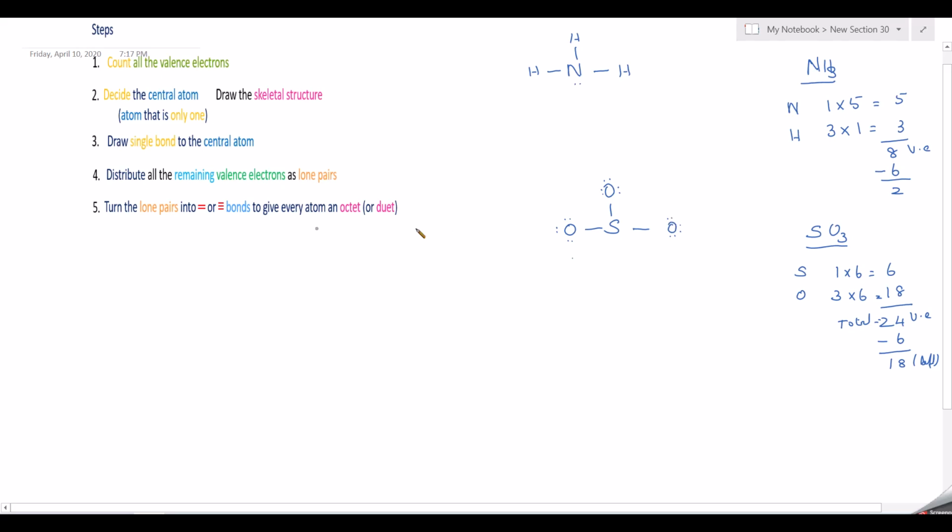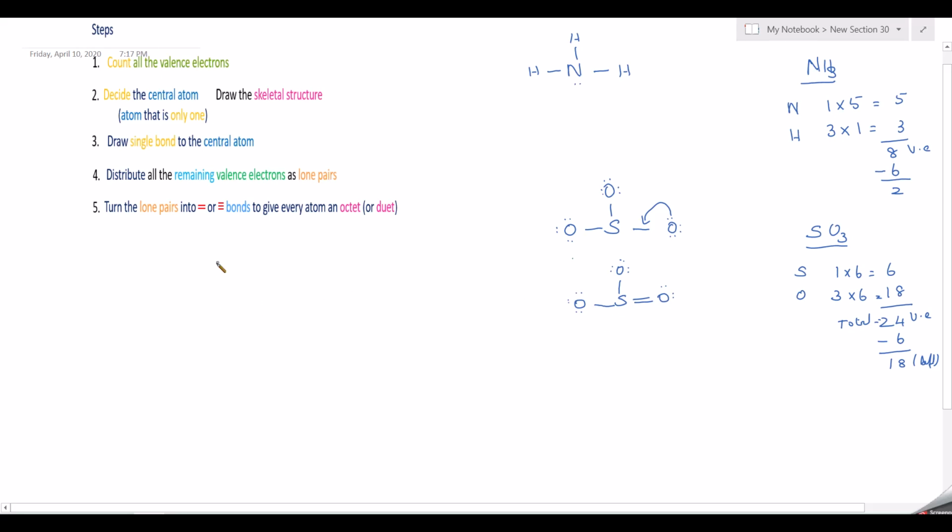So what you can do is turn a lone pair into a double bond so that you will be getting 8 electrons for sulfur. So this electron pair gets shifted over here and you will be getting the structure like this. That is sulfur, here single bond and with 6 electrons, 6 electrons. But here it will become a double bond and 4 electrons. Here you have single bond oxygen with 6 electrons. So this is the Lewis dot structure for sulfur trioxide.